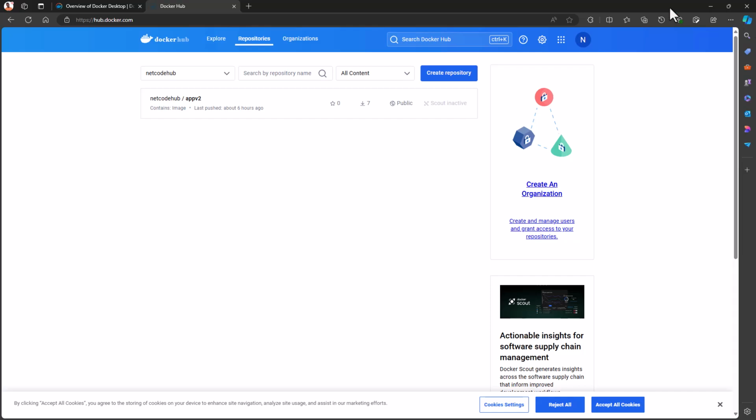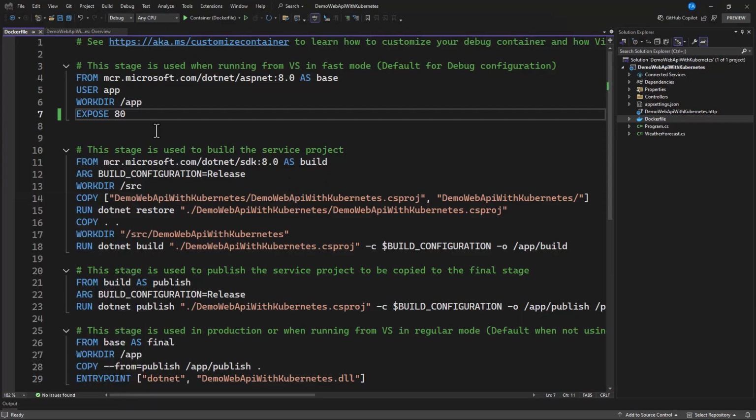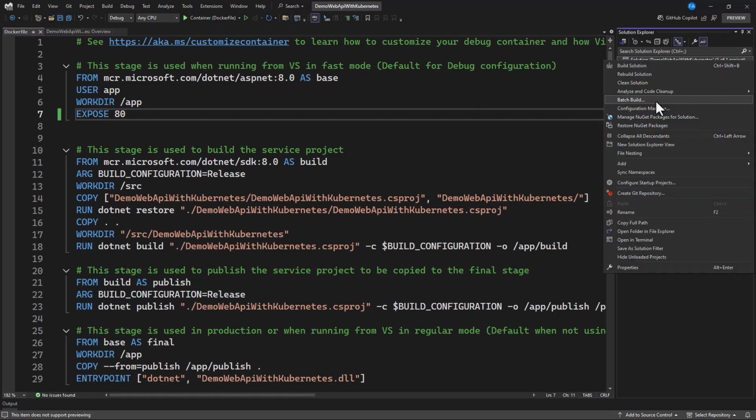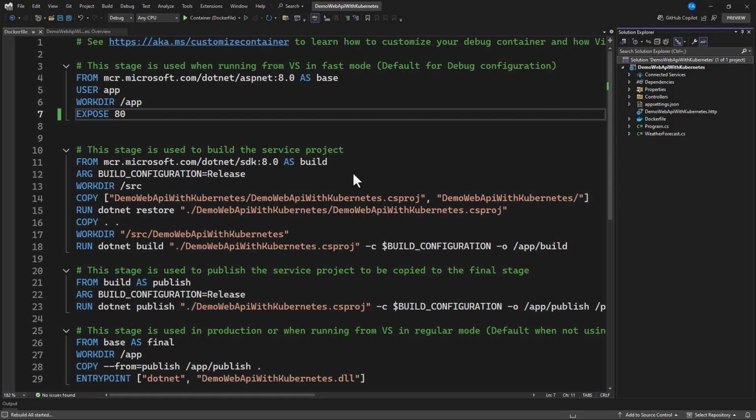Now let's minimize this, and in here we have our application, or an image, exposed on port 80, which is going to run on HTTP. In order for us to test this, let's rebuild this project first. So rebuild solution.